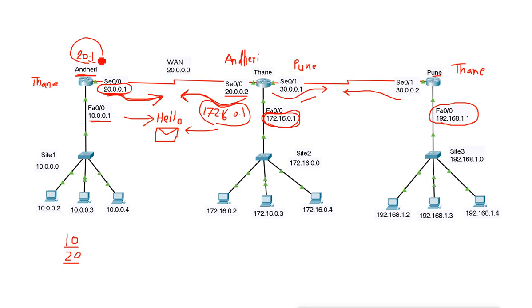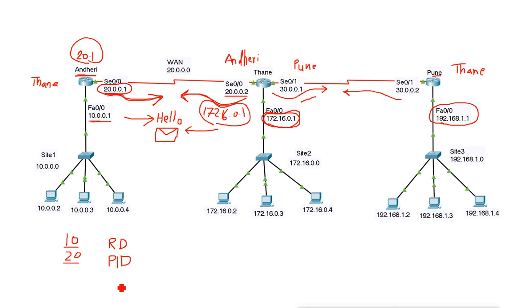To create the neighborship, first they inform about the router ID. They say, I am Andheri and this is my router ID. Then the second information they send is the process ID, the process ID they are running.